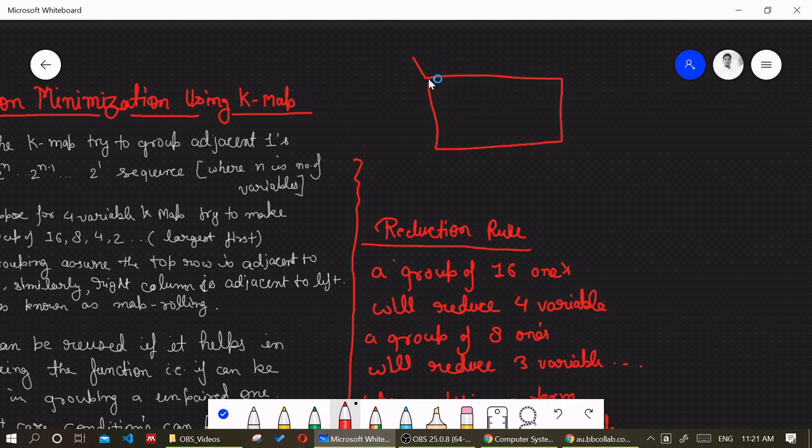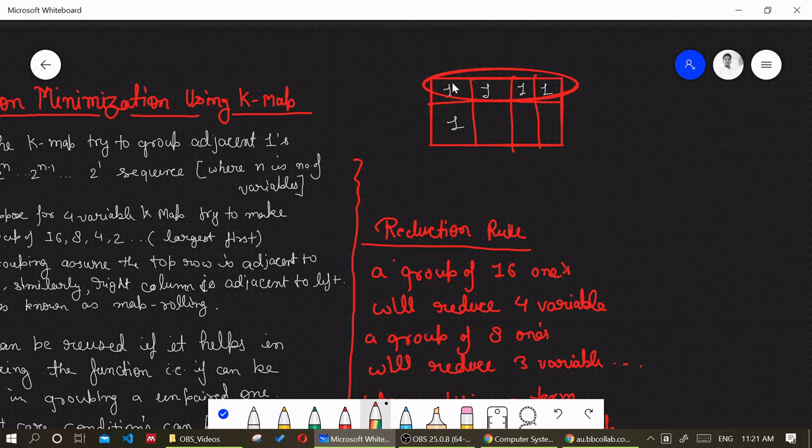This is your K-map, and I am taking a 3 variable K-map now. Suppose these 1, 1, 1, 1 are there and there is one more 1. When you have grouped these ones as a quad, and this one is left, this one can be grouped using the shared one. Why? Because x plus x is x only, so that is why we can use this particular minterm again. So a 1 can be reused for grouping. Then the next rule is about the don't care conditions.